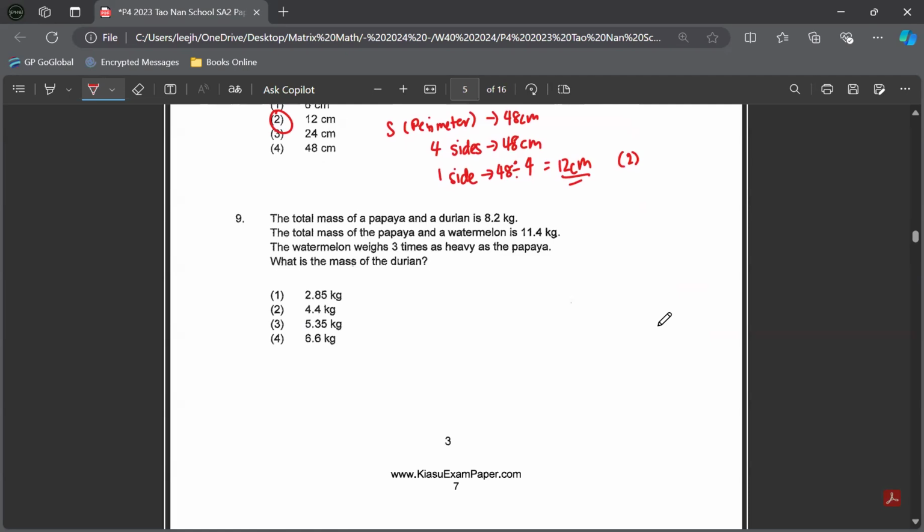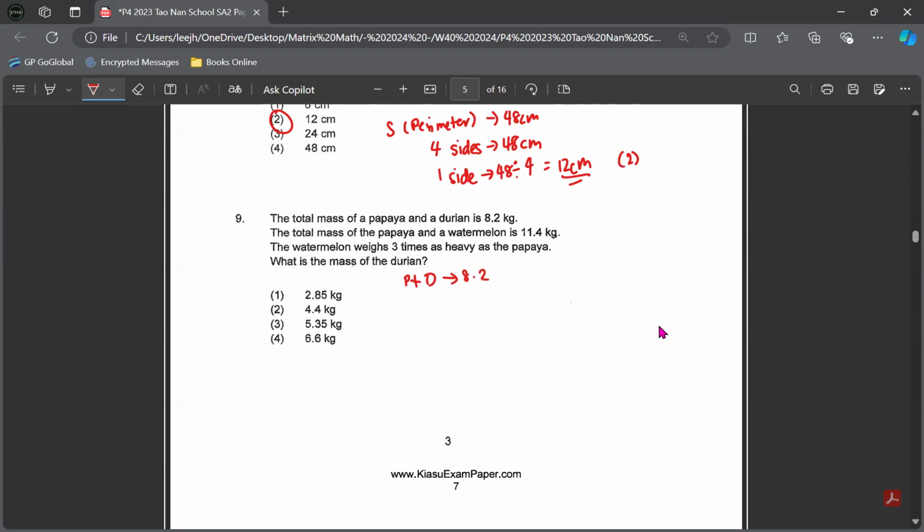Question 9. The total mass of a papaya and a durian is 8.2 kg. The total mass of the papaya and a watermelon is 11.4 kg. The watermelon weighs 3 times as heavy as the papaya. What is the mass of the durian? So whatever we have, we write down. We got two values, right? 8.2 and 11.4. So we write down papaya and durian. So P plus D, papaya and durian,